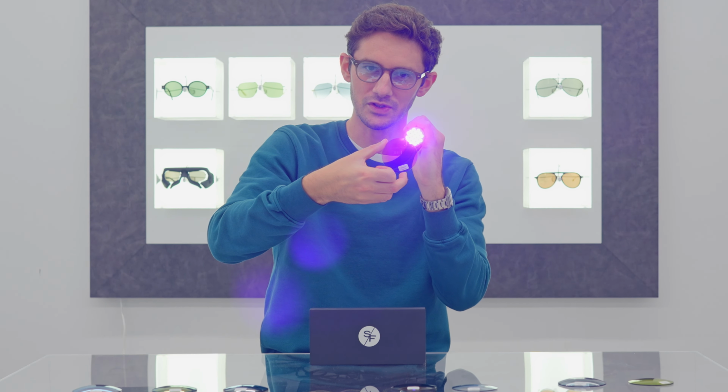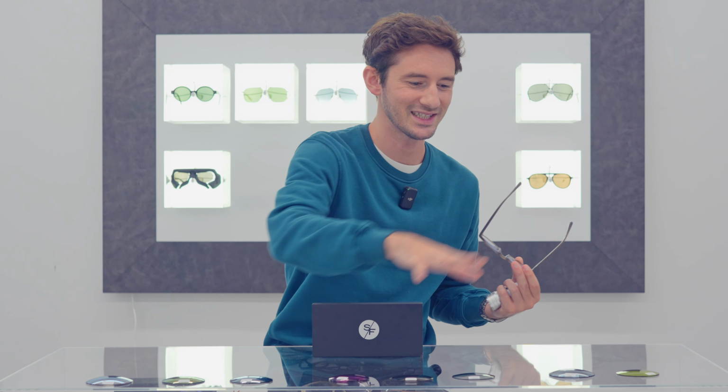A lot of people are looking nowadays for photochromic lenses that activate but don't turn to a full sunglass, and this is a perfect example of one of those. This has a really nice pink glow to it, and pink or purple tints are actually some of the nicest to look through. And just to finish off on the subject of treatments, this is a blue gradient tint combined with a green transitions. So you get this kind of teal color as the two combine. And that's how this looks against the eyes. So treatments are a way to really make your glasses super unique, whether that's photochromic technology, a tint, or something